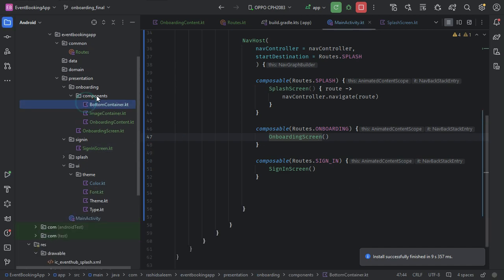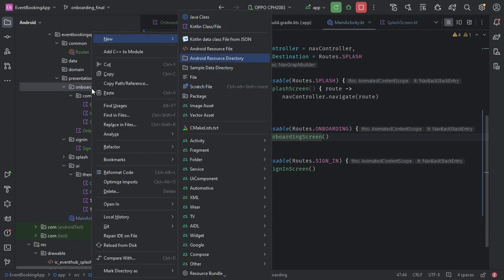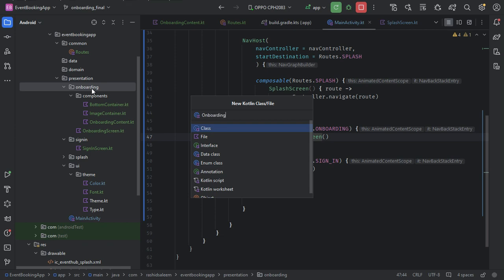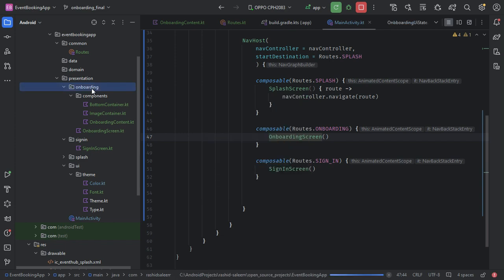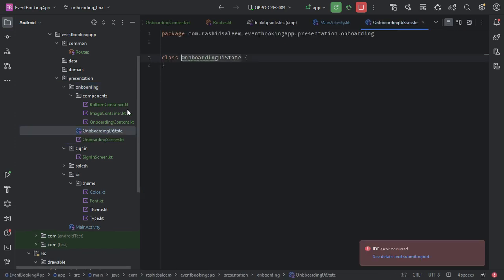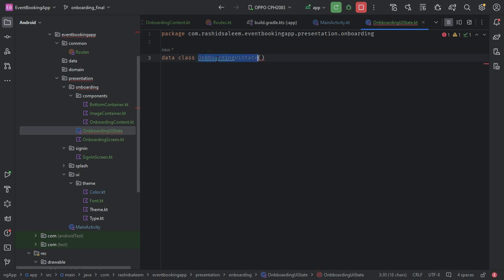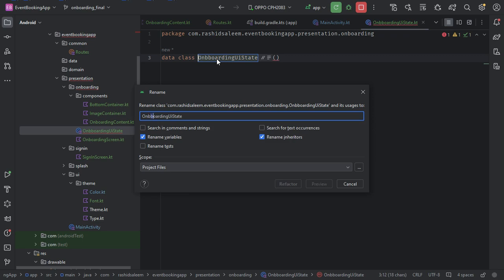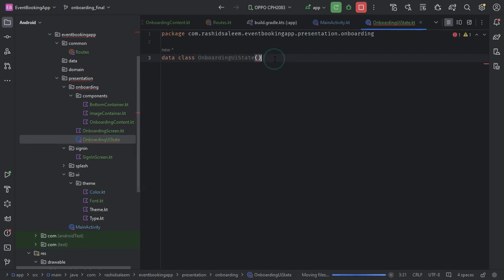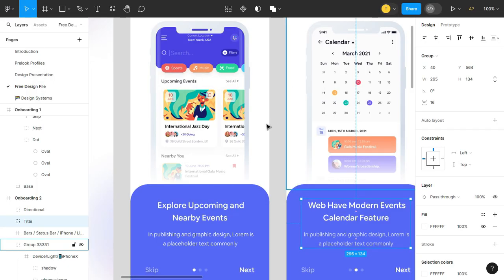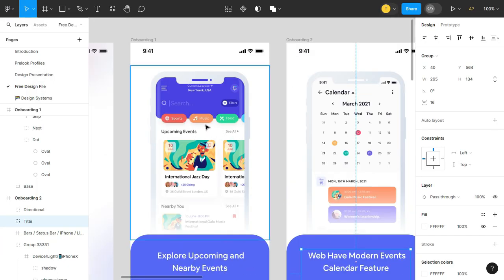create a new data class here, onboarding UI state, which would be a data class. Actually I misspelled the words. Onboarding, and in this we have these three properties: the image,